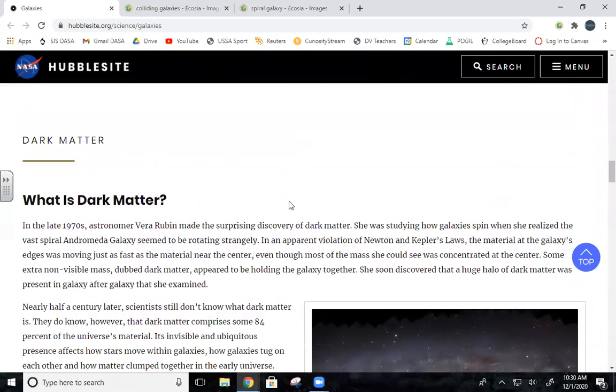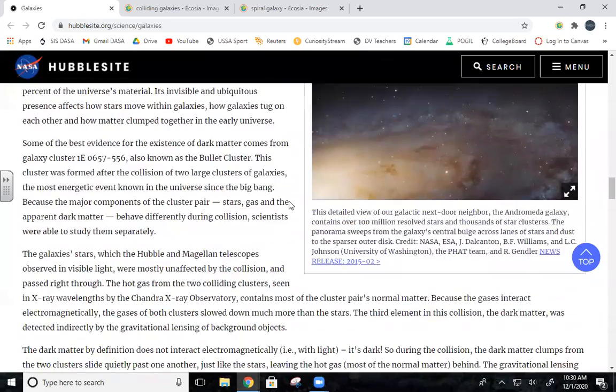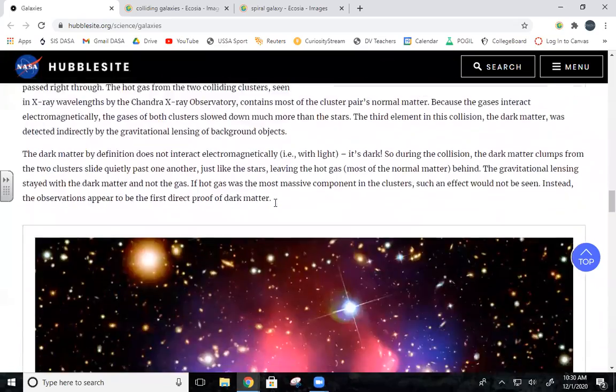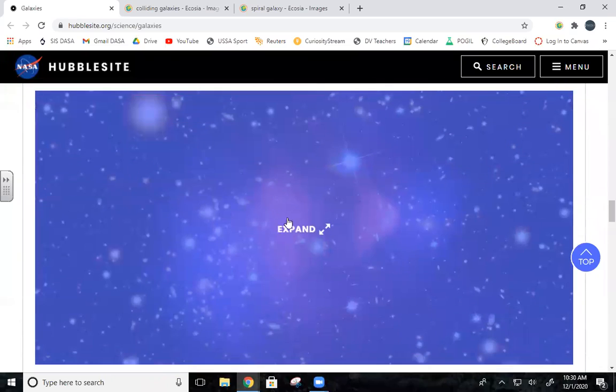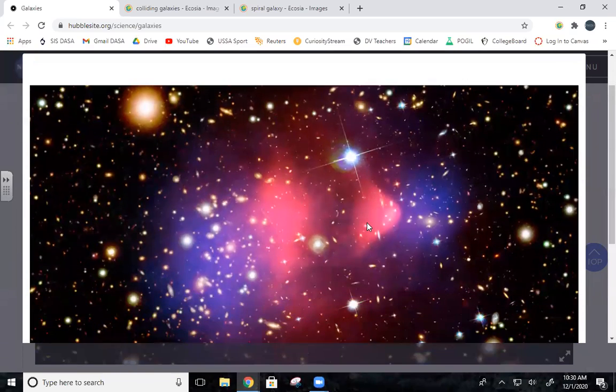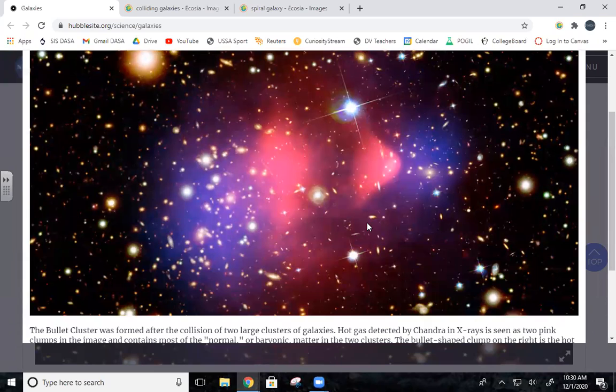So, dark matter, in fact, this is really good stuff. This is kind of how I wanted to go into this. Dark matter makes galaxies more massive than we think that they should be. Does anyone know what dark matter is? No. Okay, well, all right. Could anyone give me a definition of what dark matter does? How about that?